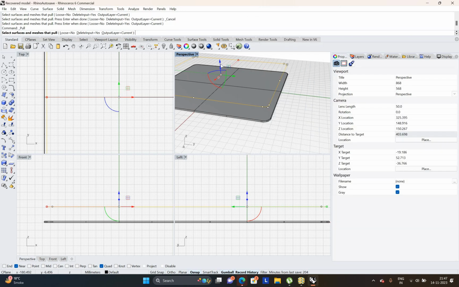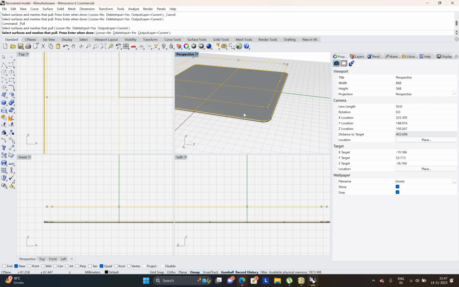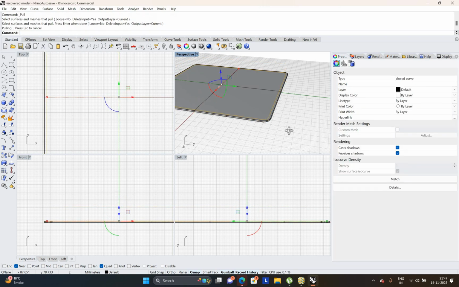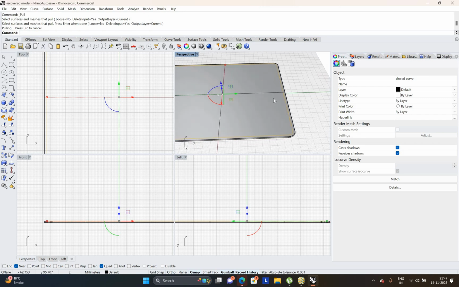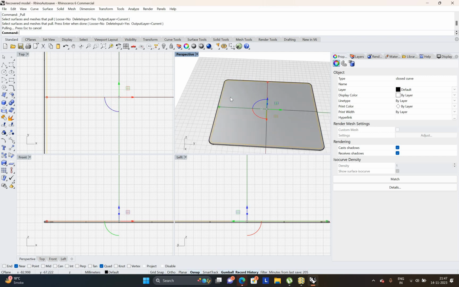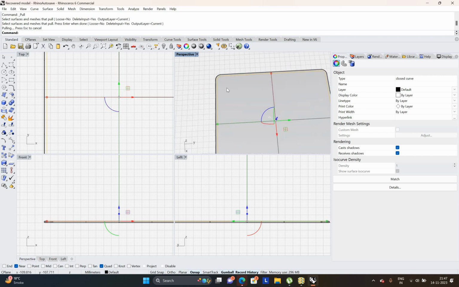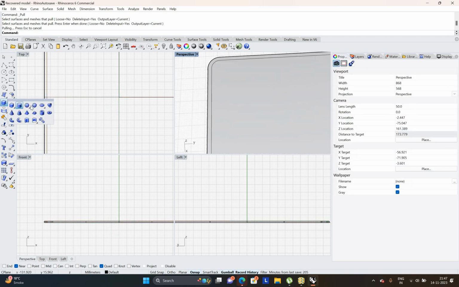So let's do this again, pull back, select the surface, and click enter. So you do not get two copies, only one copy, and you get the stitching line. Now I am going to use a spherical center